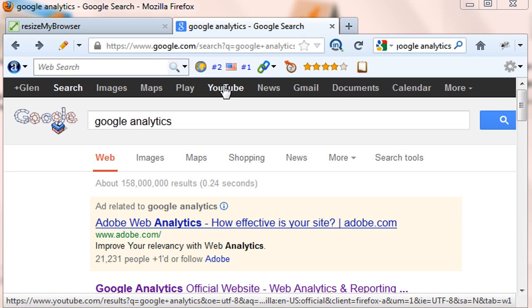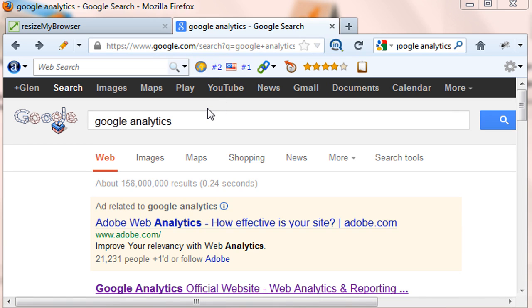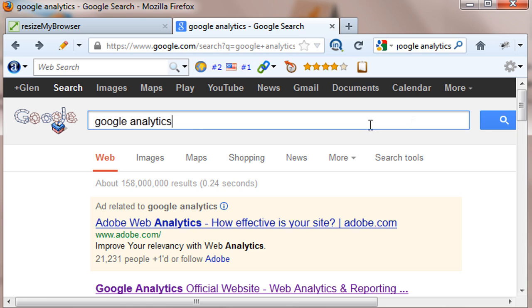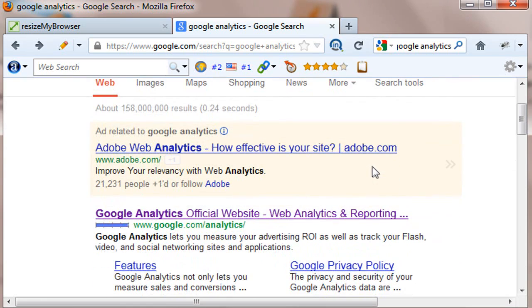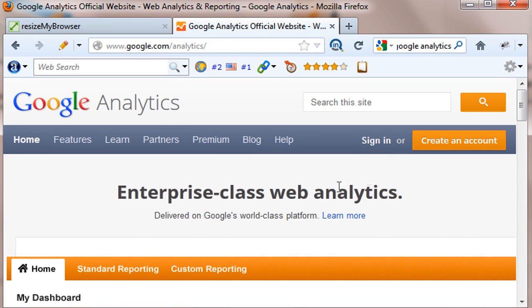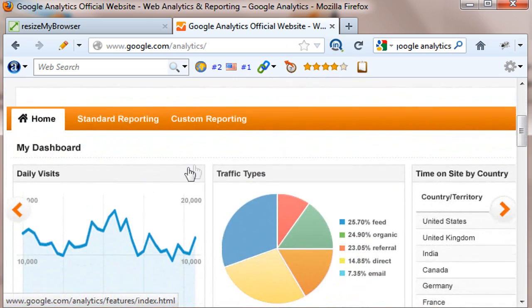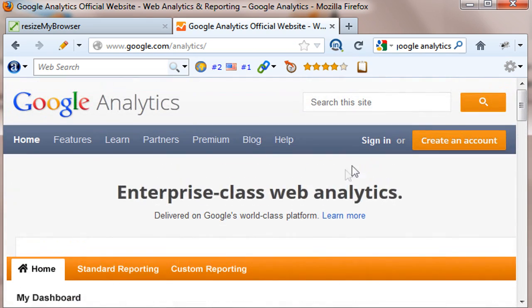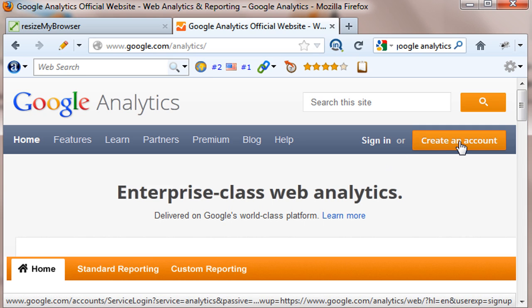First, you should have a Google account. If you don't, you're going to have to sign up, but the first thing we're going to do is type Google Analytics into your browser. This will take you to this page and we'll click on Google Analytics. I have several accounts here, but I'm just going to try and create one with you. It's probably going to take me directly to a specific page. So if I click on create an account,